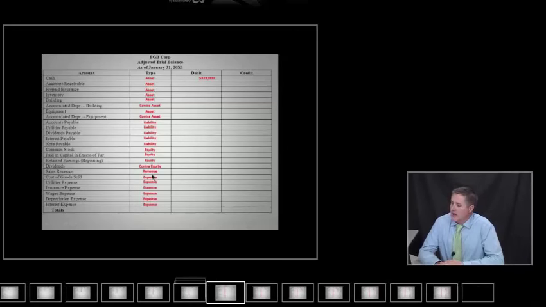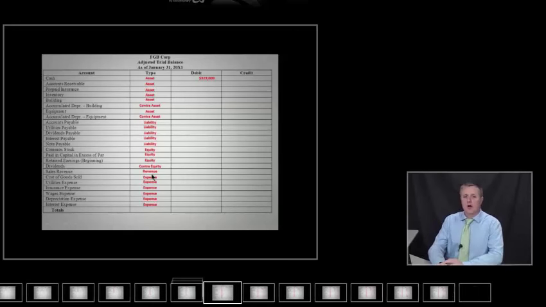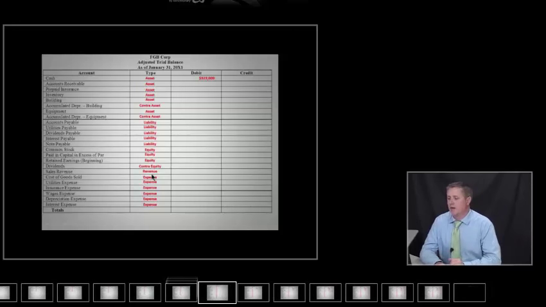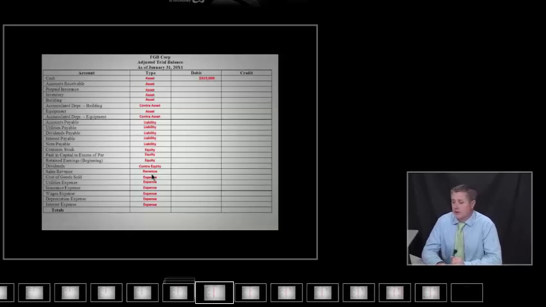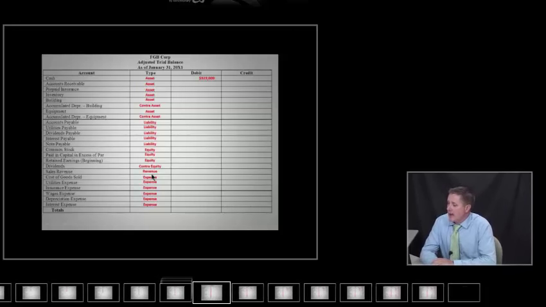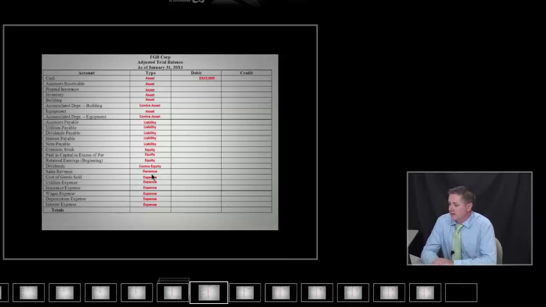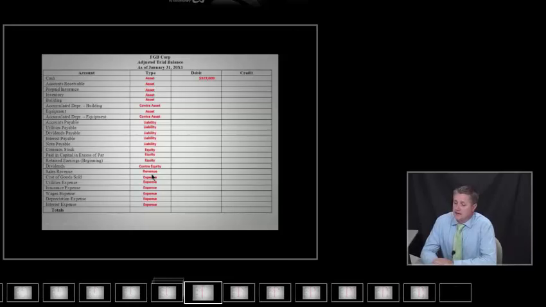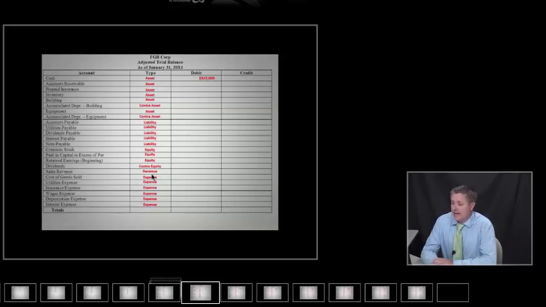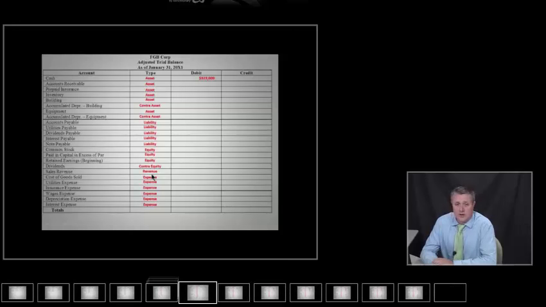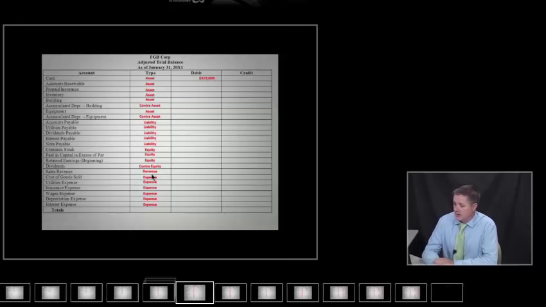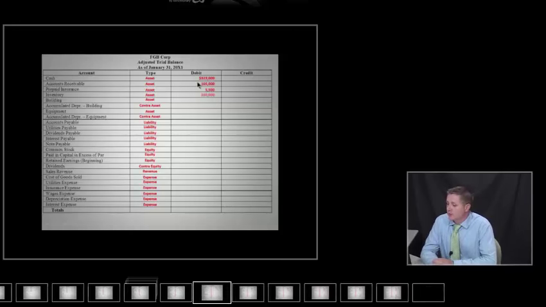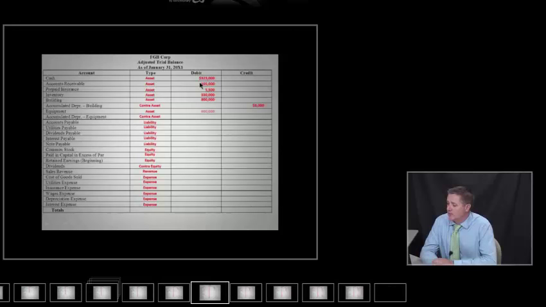Okay, and basically what we're going to do is whatever the ending balance in the T account was for that particular account, we are going to bring this forward to the adjusted trial balance. And so if you were to go back and look at all of the T accounts, for example, for cash, we would see that the ending balance in the T account is a debit balance of $323,000. For accounts receivable, it's a $105,000 debit balance. Okay, so if we just move through all of the accounts and bring these balances over,